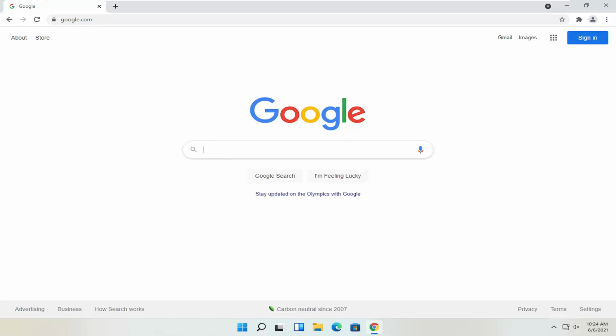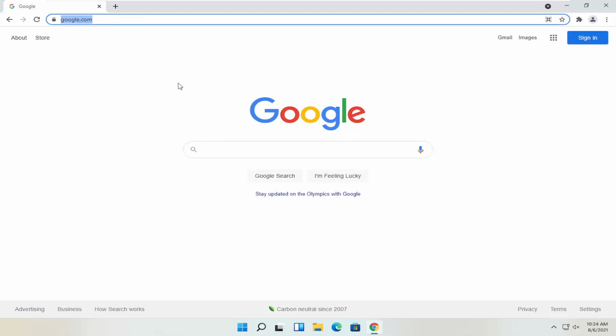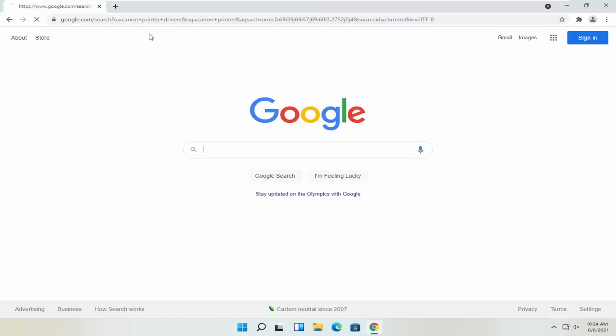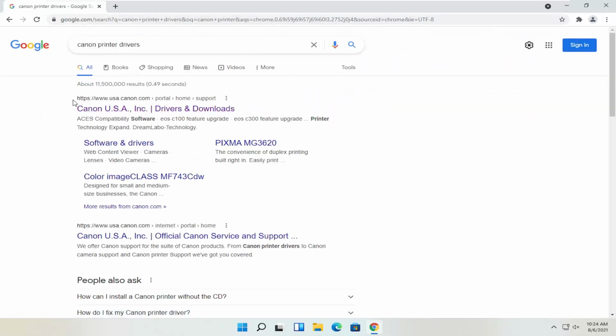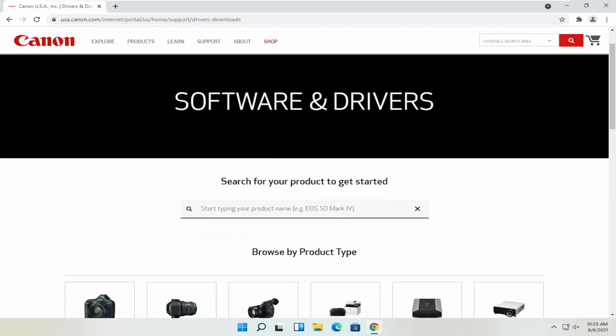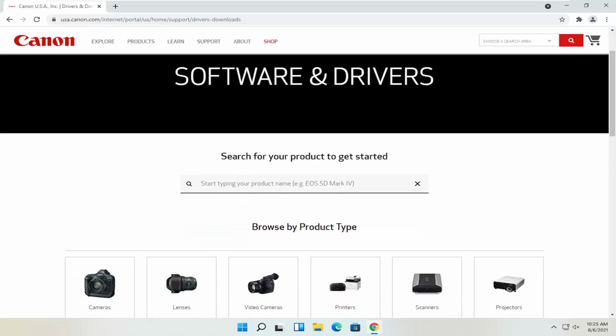We're going to start by heading over to Google, and you want to just go ahead and search for Canon printer drivers. Just search for it. And one of the best results should be from a Canon domain here. So you can see it's regionalized for us, but in your case it might be just the international version, which is fine. So you can go ahead and search for your product in this list right up in this field,